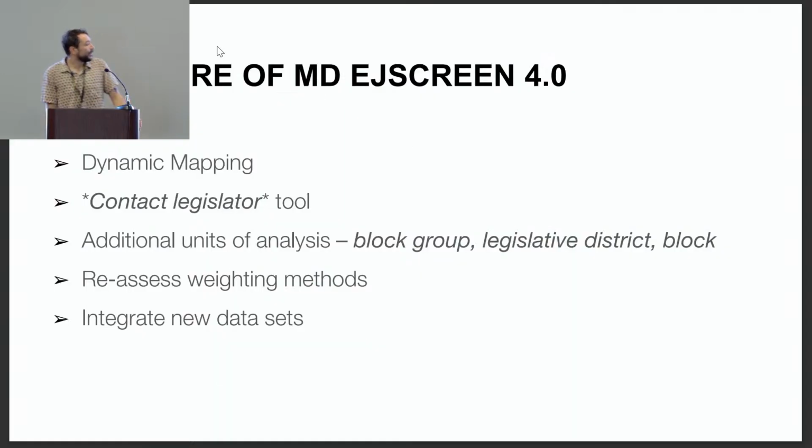All right. So yes, as I mentioned, the main things we're going to be working on are a dynamic mapping tool. This is creating the ability for people to set the threshold cutoffs for whatever value they're looking for, and that would just display immediately. Include the additional blocks of analysis, so taking the data sets we have and determining